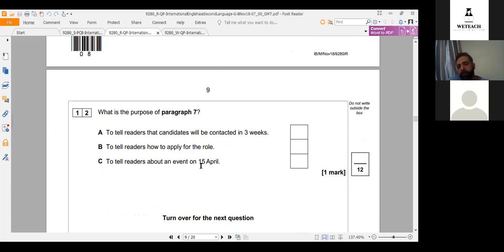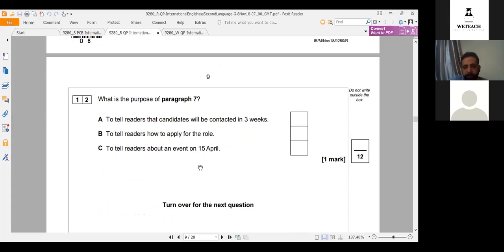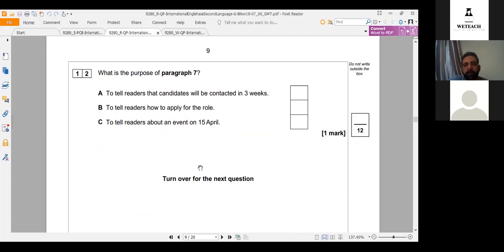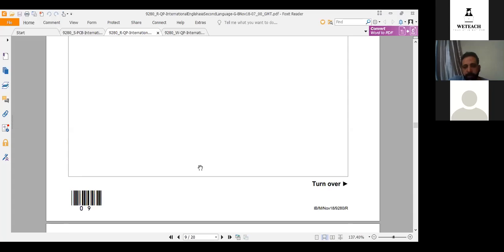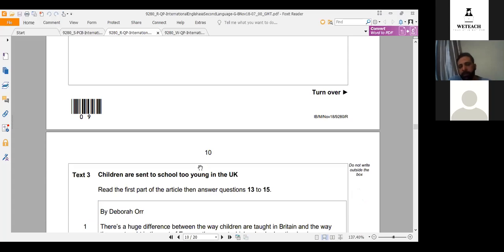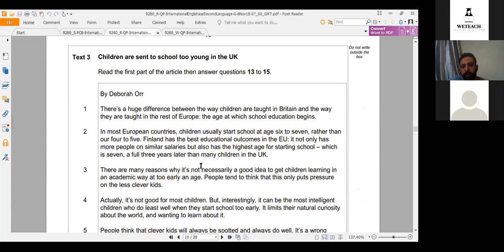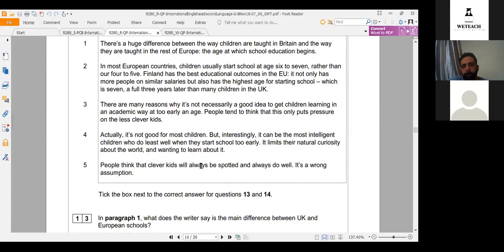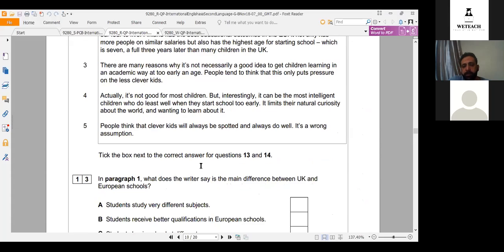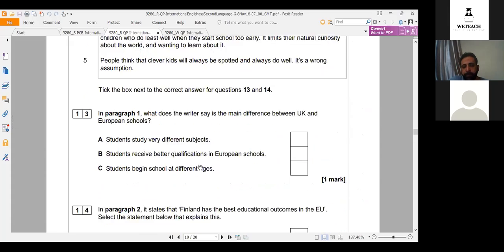But explaining questions or words or phrases from the text needs you to pay all your attention, because you can get the full mark easily if you concentrate. Then we move back to the multiple choice answers. Now we are done with text number 1 and text number 2. Text number 3 is a little bit longer. There are some questions, multiple choice answers, as you see after the text.